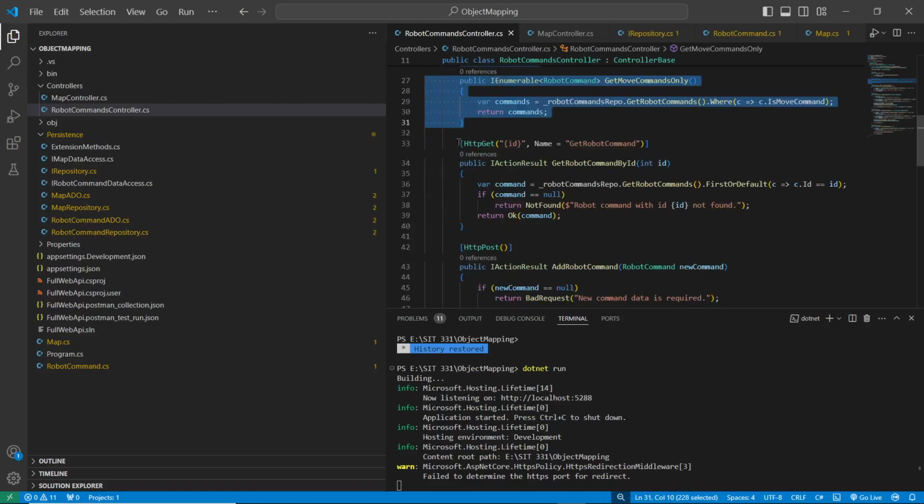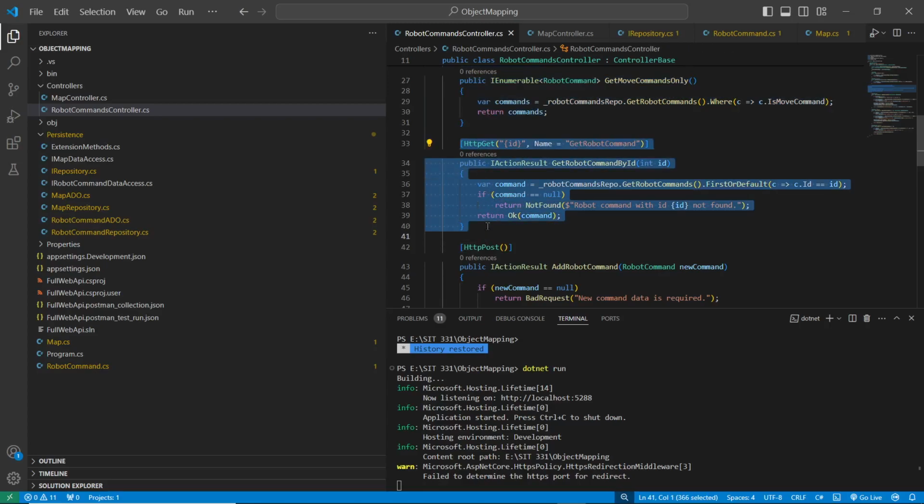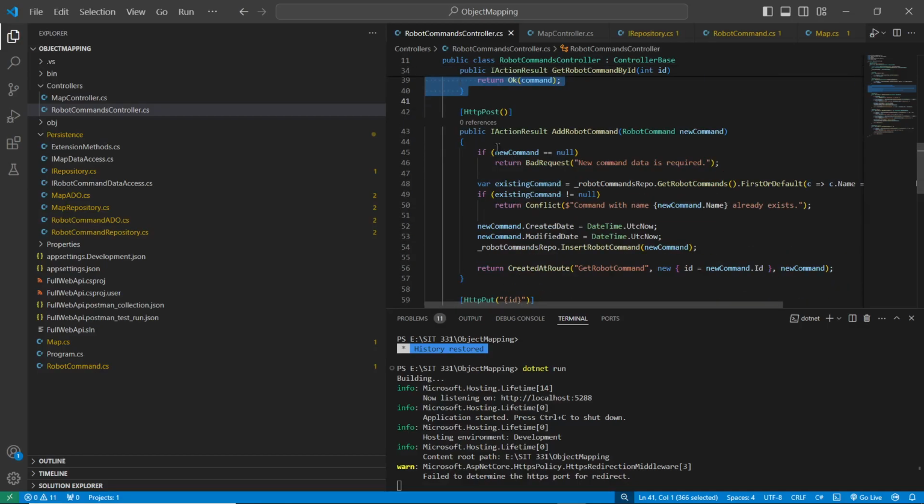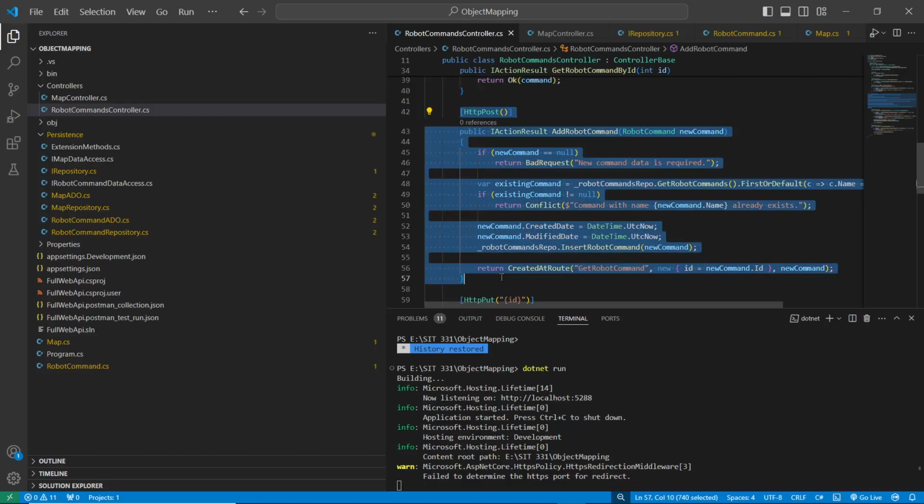Then we have another endpoint, which is HttpGet id. This one is used for fetching a particular command with respect to a particular id. Then we have the HttpPost request. This one is used for adding a new command to our existing list. It will add that command at the end of the list,